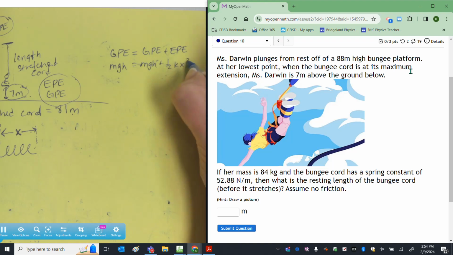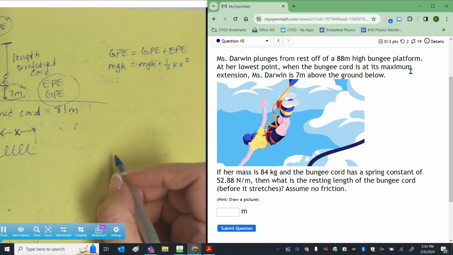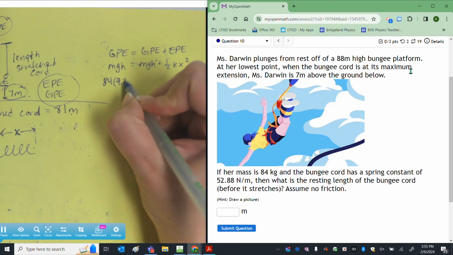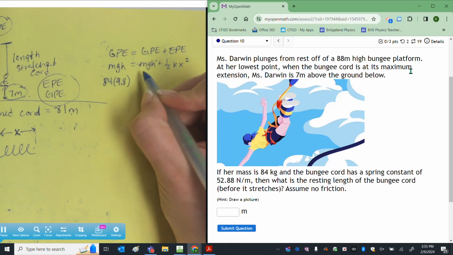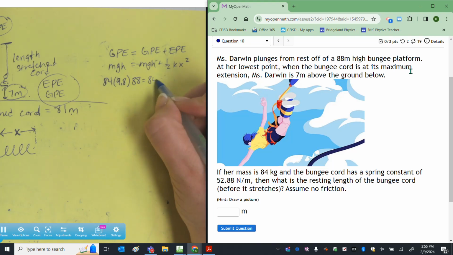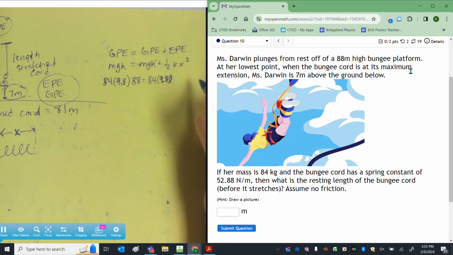So let's substitute into that equation. The mass, it says, is 84 kilograms. Gravity is 9.8. The height of the platform is 88 meters. Again, mass doesn't change, gravity doesn't change, but the height at the end, it tells us that height is 7 meters above the ground,